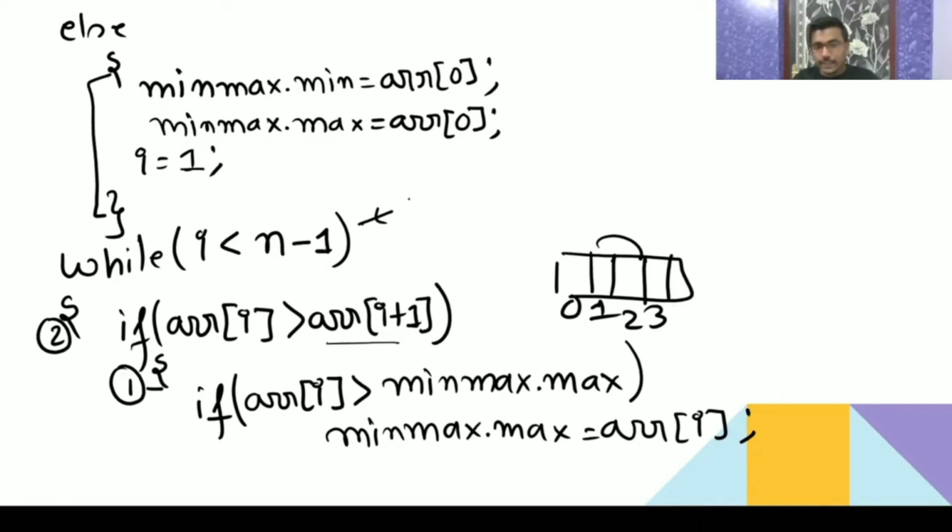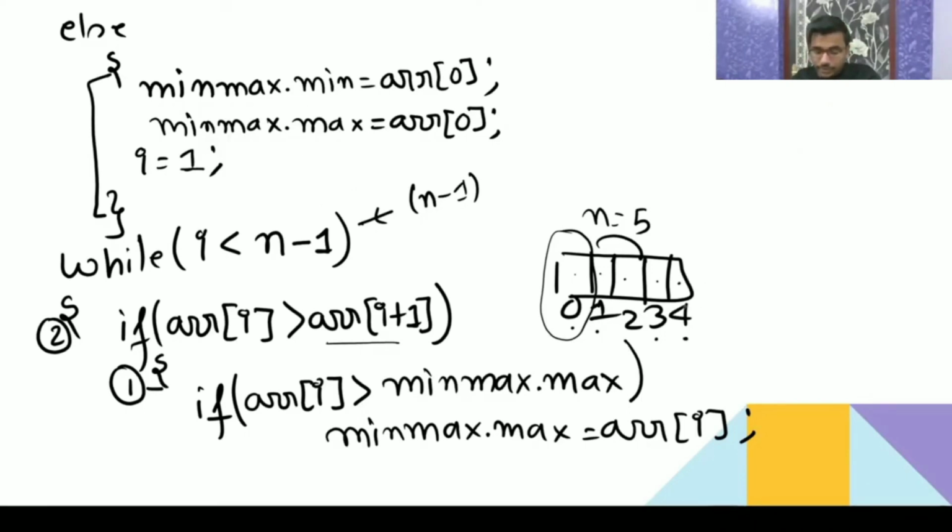It is going to execute, not exactly n, n minus 1 number of elements will be remaining. See, if n is odd, see 0 1 2 3 4 5. So I am having n equal to 5 elements, okay, and the total index will start from 0 to 4. So I am having 1 2 3 4 5, 5 elements. The first element I have assumed as the max and min. Now, how many elements are we remaining? I am having n minus 1 elements.